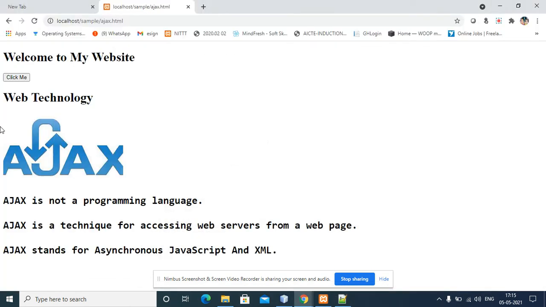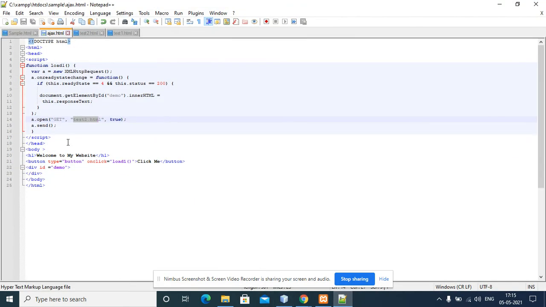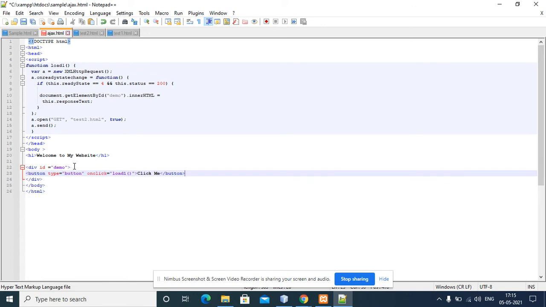Once I click here, the button need not remain. After clicking the button only this page needs to come. What I need to give here is, I need to create a button within this demo div, so it will replace that particular button here. That will be within demo here.